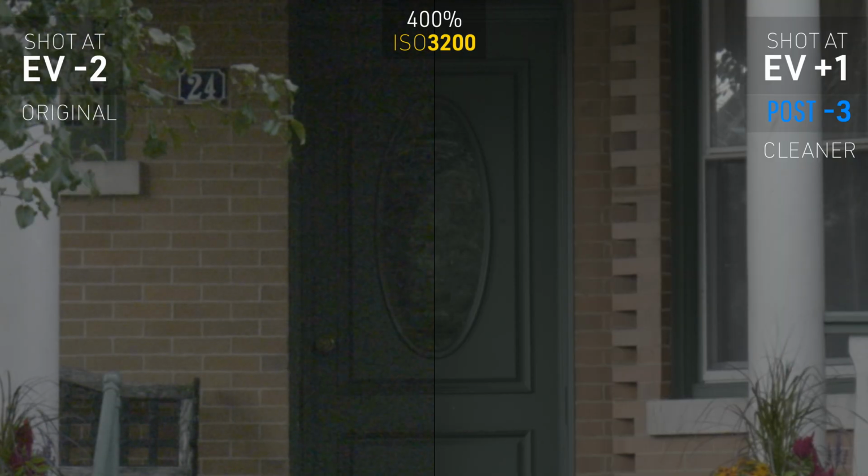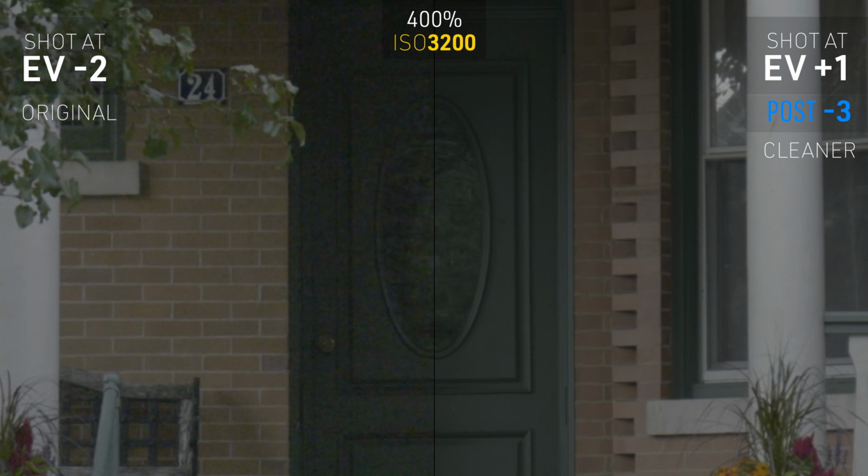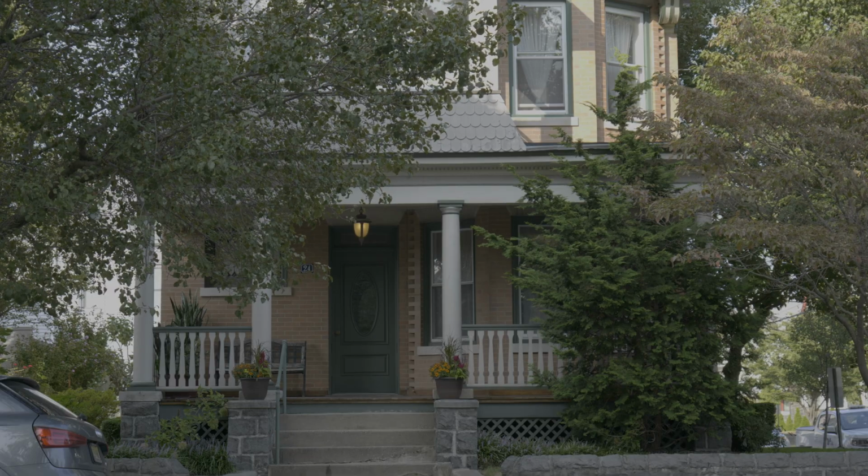Remember, both clips are shot on the same ISO setting of 3200, the highest ISO value in the low setting. So yeah, just make sure you carefully judge the amount of exposure lift you need to apply with a calculated sacrifice of highlights. This way you could still get away with a very clean image even at very high ISO